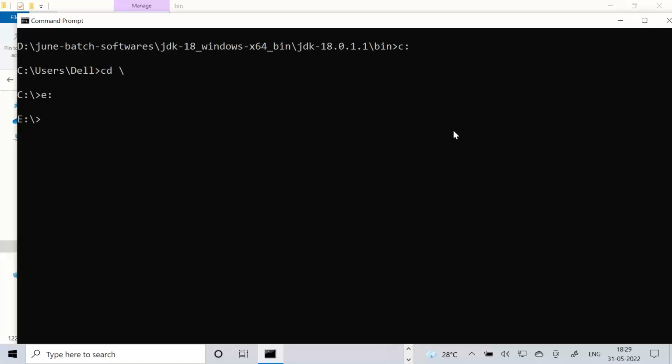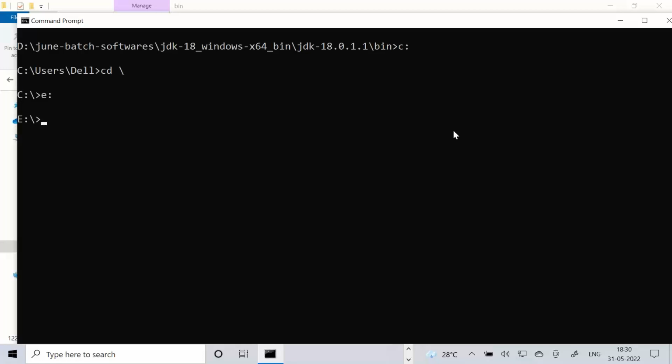You need to specify the location of the commands to the command prompt. There is a predefined procedure to specify the location of the commands to the command prompt. That predefined procedure is setting the path environment variable. You need to set the command locations to the path environment variable. So something like your JDK environment, you need to specify to the command prompt.